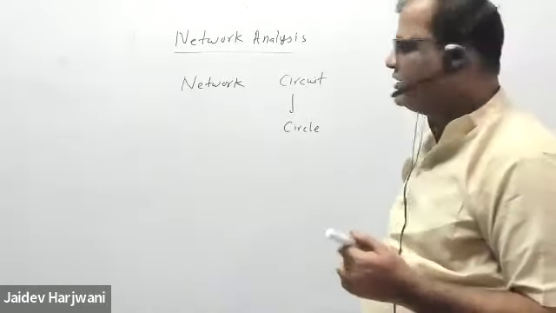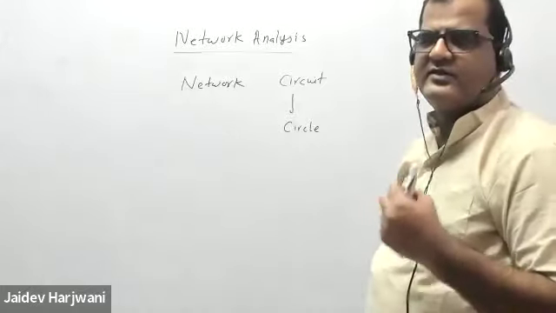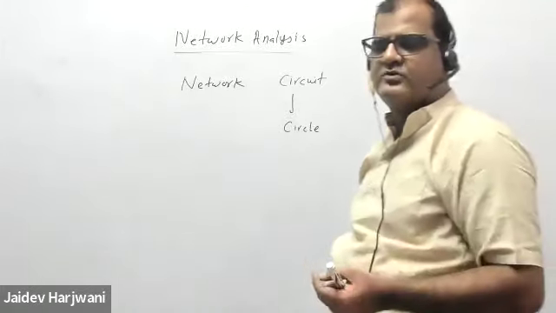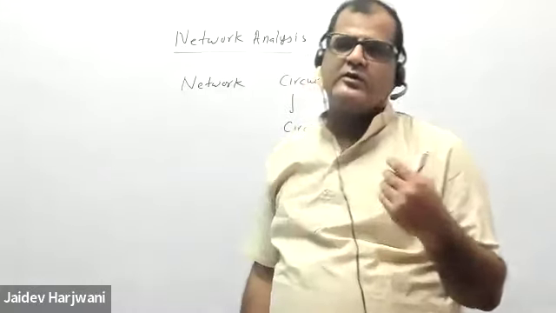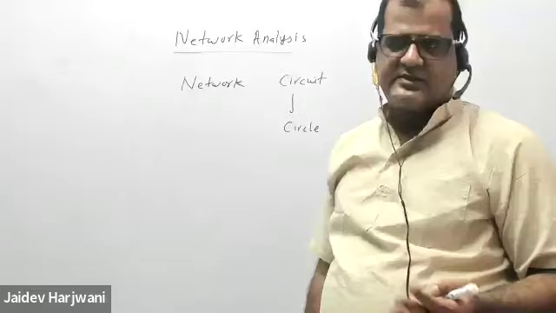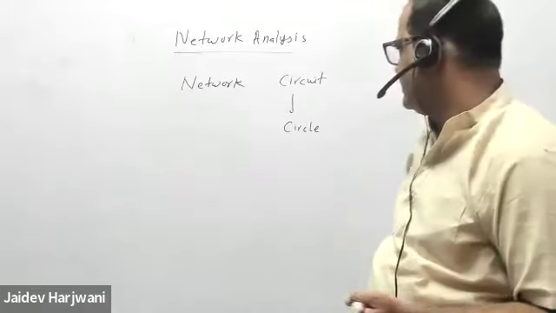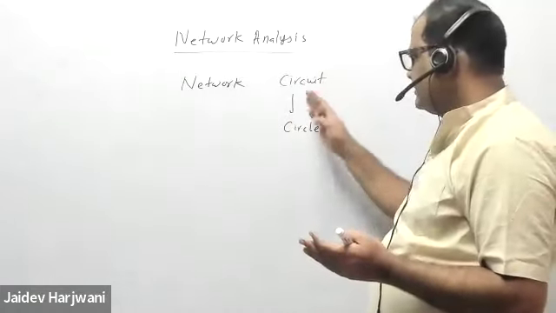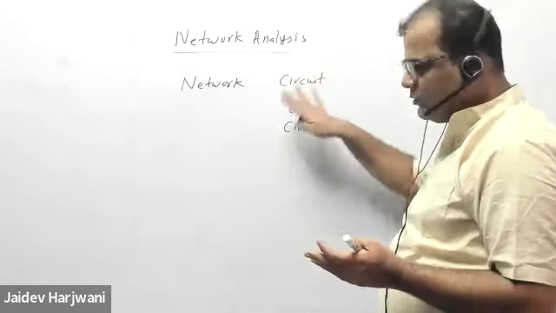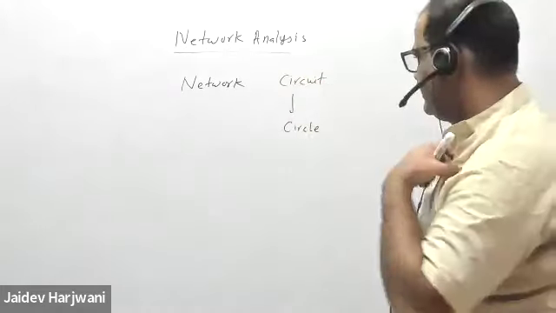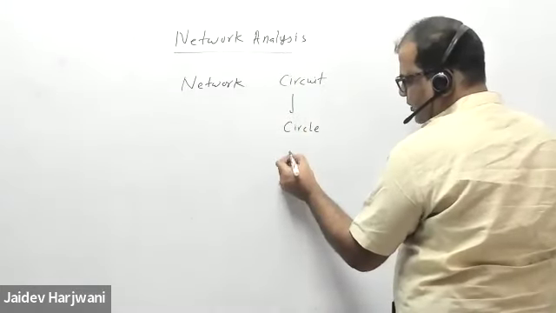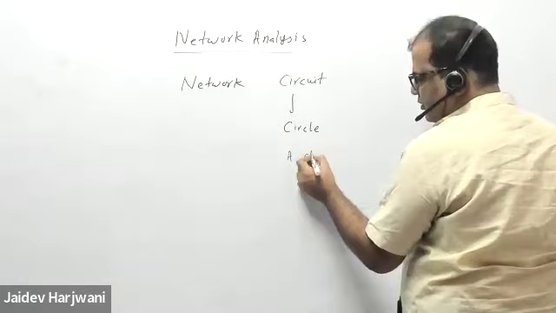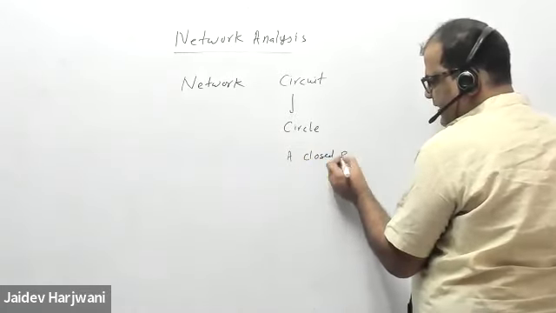Network components means a resistor, a voltage source, a current source, a capacitor, an inductor. All these are called network elements or components. The definition of a circuit is a closed path